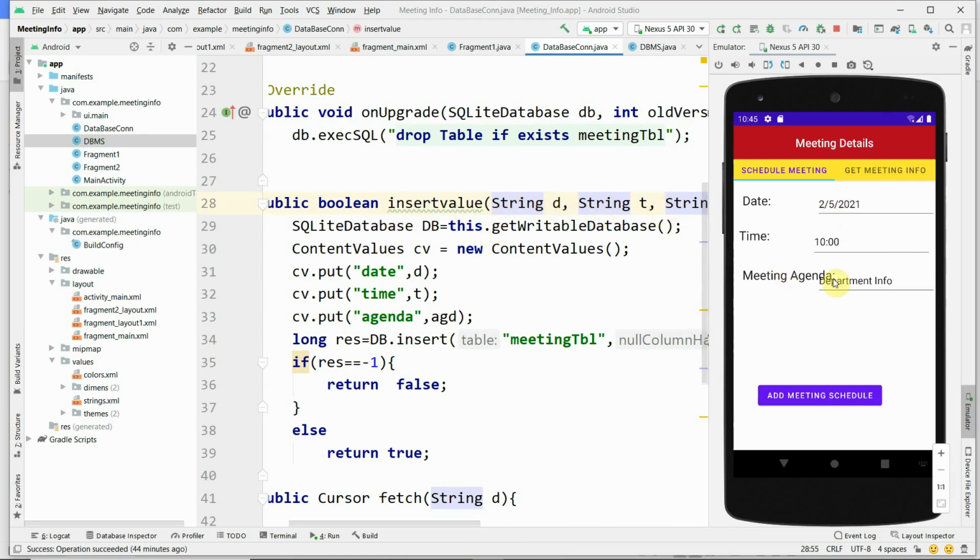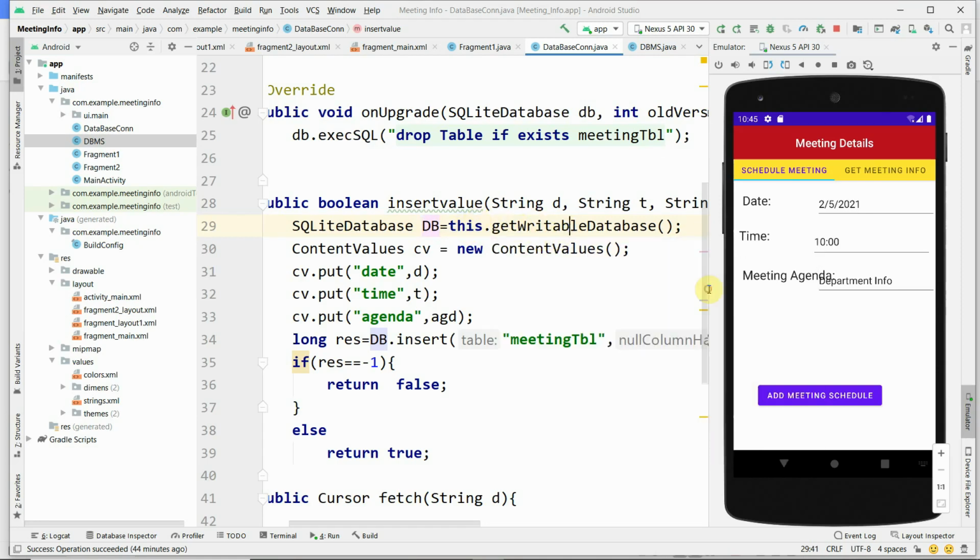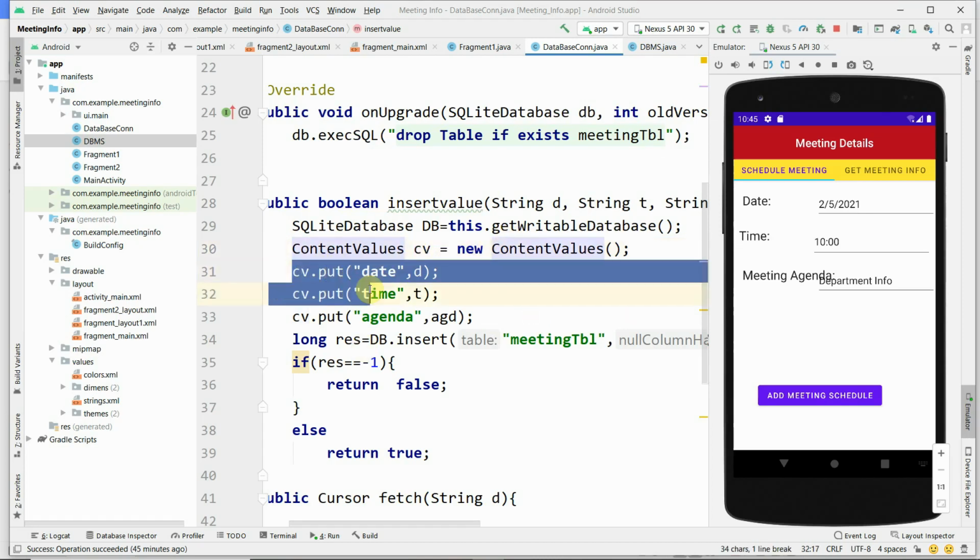Then create the SQLiteDatabase object named db equal to this.getWritableDatabase, because you are going to write to the database. To store the values as a ContentValues object, create ContentValues cv equal to new ContentValues.